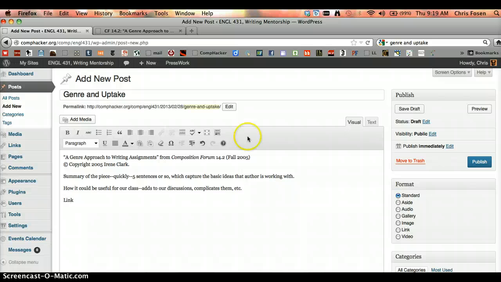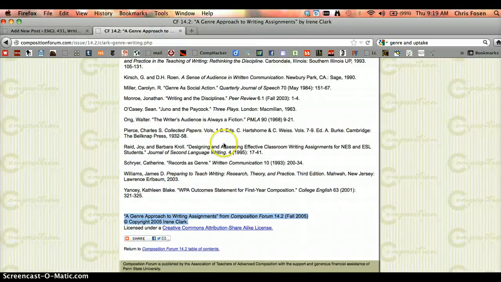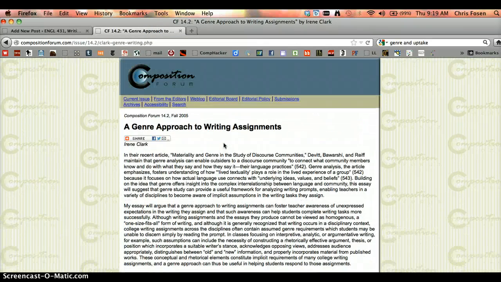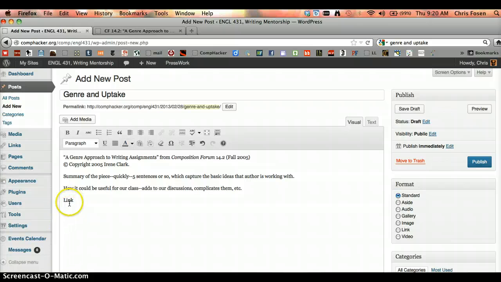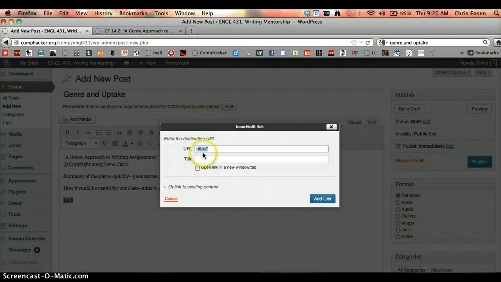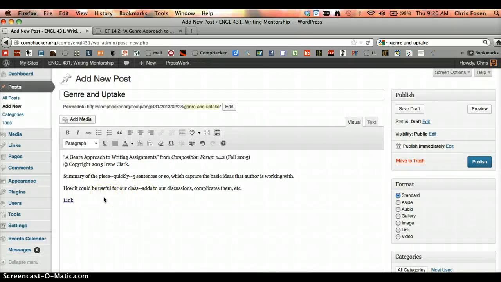Now to link it, what you do is you go back up to the top here, and you'll see that you can actually take the URL, and then with this handy button right here, you can insert a link. What you've done right here is you have added an actual live link into your site so that we can get to it ourselves.